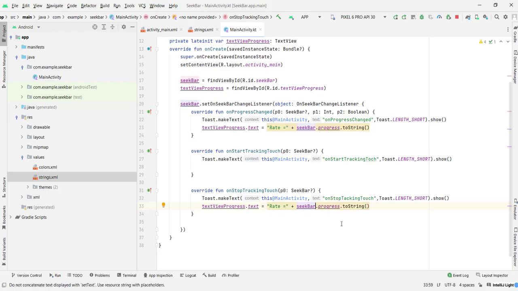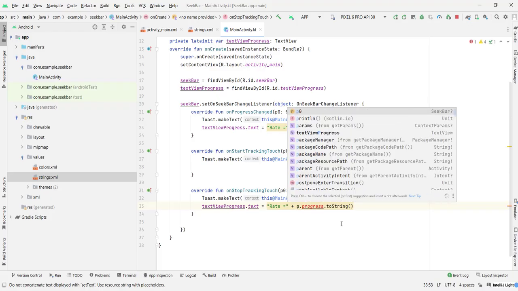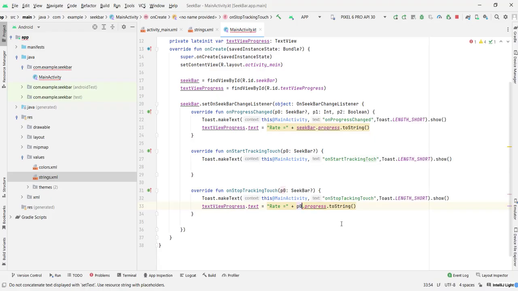and instead of SeekBar we call that one P0. It should be called, and it's nullable, so let's put the question marks here. So now if you run the code, instead of "rate" it's gonna say "final rate". So if you run this,